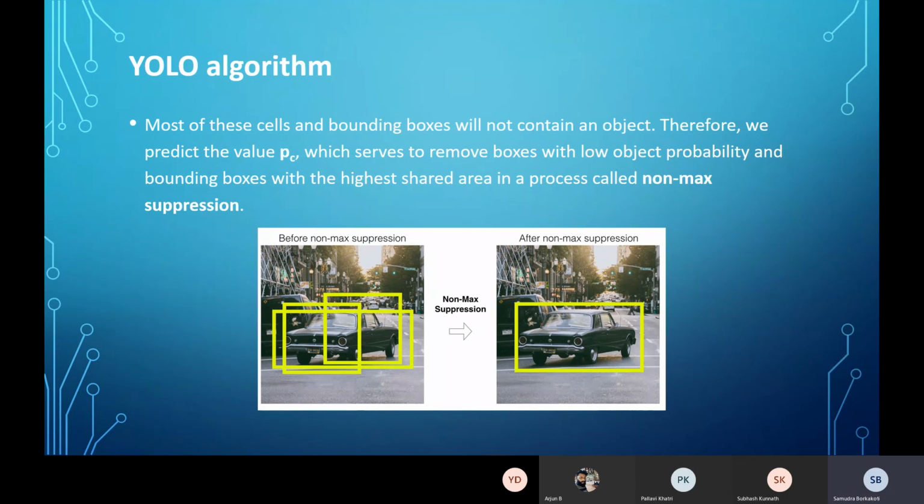And then comes the NMS threshold. NMS is non-maximal suppression, and that only keeps the best bounding boxes. As you can see here, there are 3 bounding boxes: 1, 2, 3. This one is kind of incomplete.